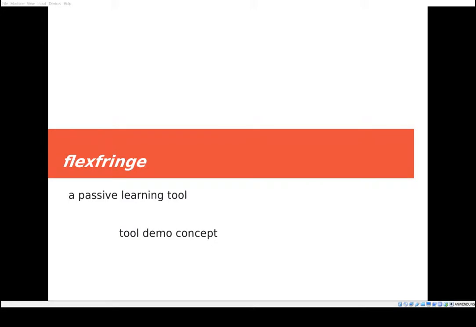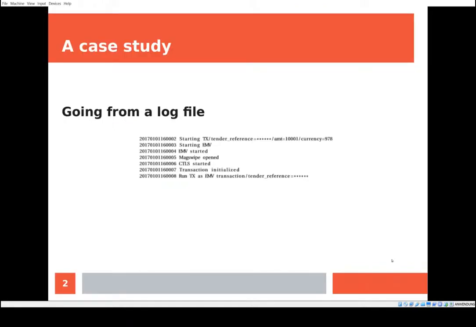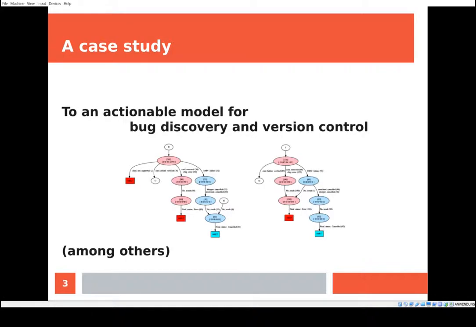This is a short concept introduction to flexfringe, a passive learning tool for the tool demo track. The key purpose of flexfringe is to convert a log file, that is a long sequential representation of events created by software, into something more compact. And by something more compact, we mean an actionable model that we can use for bug discovery or version control,